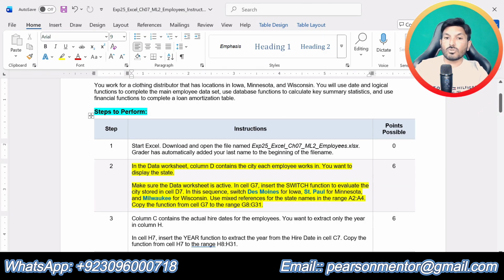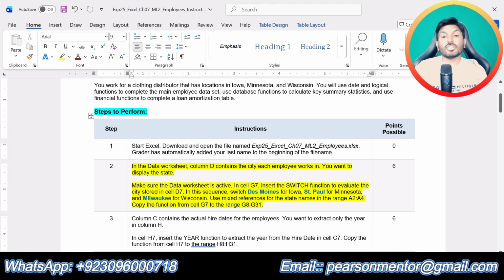In sequence: Ames for Iowa, St. Paul for Minnesota, and Milwaukee for Wisconsin. Use mixed references for the state names in the range A2 to A4. Copy the function from G7 to the range G8 to G31.